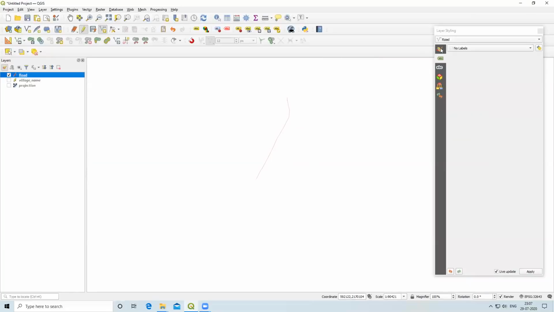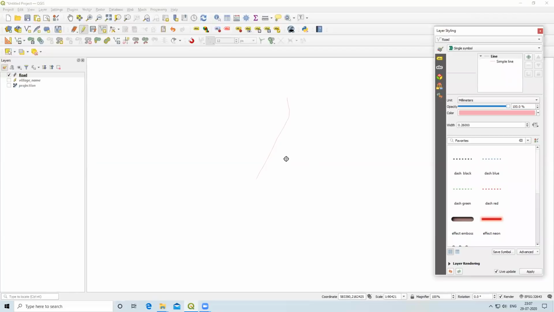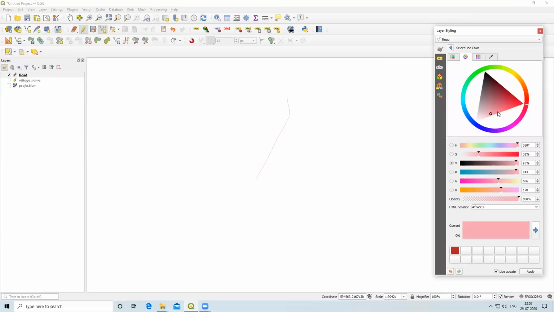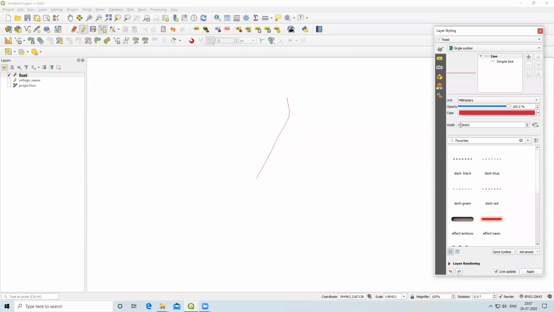If I want to change the symbology, then I will select a single symbol. I will select a color, and if I want to increase the width, I will increase it from here.